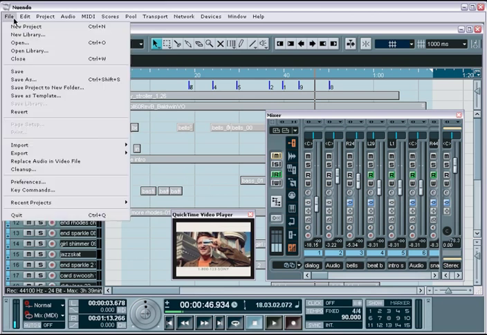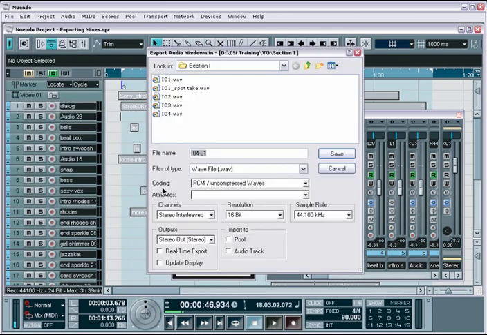An audio mixdown is initiated through the Audio Mixdown menu function in the Export category located in the main File menu. In this dialog box, you have various options available to you to customize the mixdown file it's going to create. But before we dig into these options, let's take a moment to understand the audio mixdown process and how